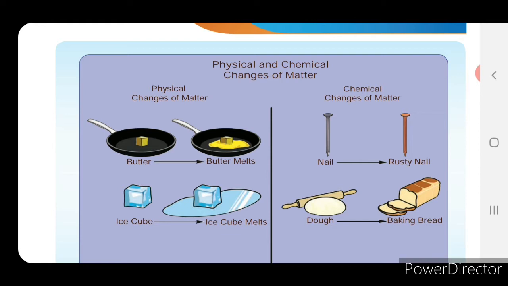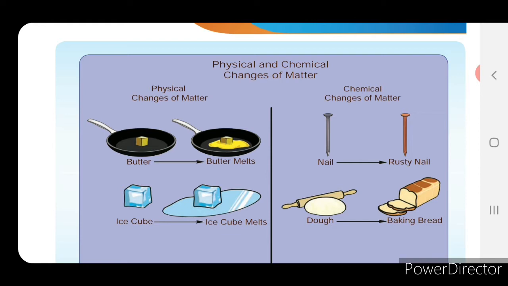If you take the next picture, chemical change, iron nail. A new iron nail has a shiny appearance, because iron is a metal. If you keep that iron nail open to the atmosphere, after 1 month, because of the water vapor present in the atmosphere, iron reacts with water vapor to form iron oxide, and that iron oxide we call rust, and this process we call rusting. So this is an example of chemical change.